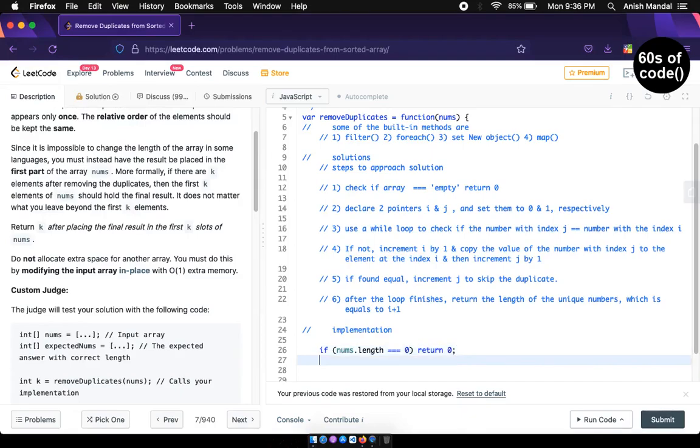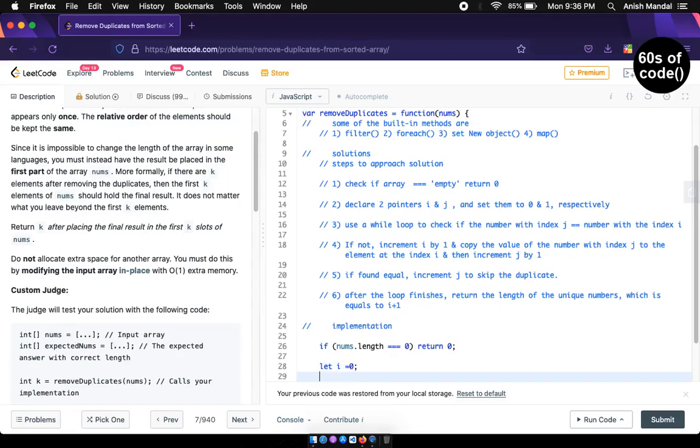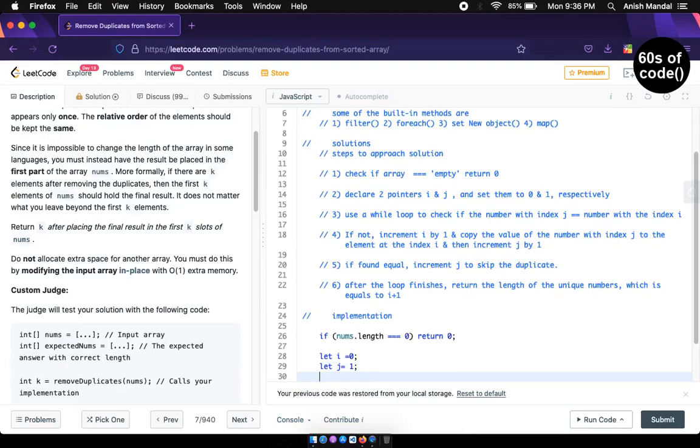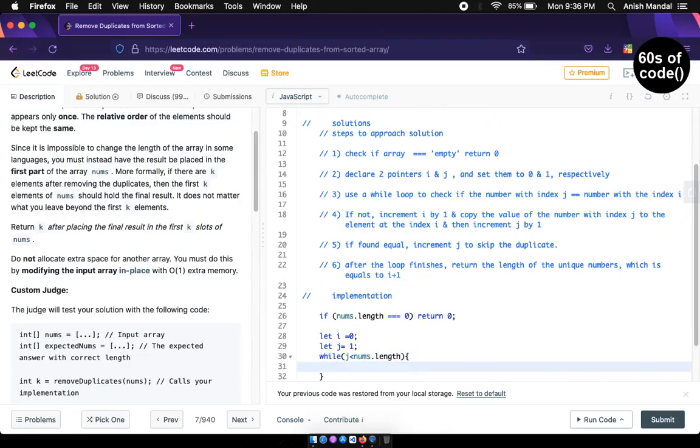And then we have our second step: declare two pointers and set them to 0 and 1 respectively. So we declare two pointers, let i equal 0 for the first, and let j equal 1 for the second, as we have described. Now we'll go through the third step, and we use a while loop to check if the number at index j is equal to the number at index i. So while j is less than nums dot length,